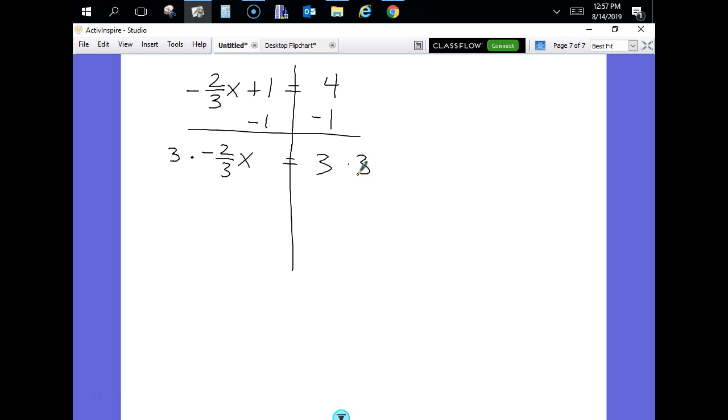What happens on this side? Close. It leaves you with negative 2x, right? Don't forget about your negative. And now what? So what is this negative 2 doing to the x? It's multiplying it. So how do we get rid of that? We do the opposite. Now it's tempting to plus the 2, huh? Because that looks like a minus, but it's not. It's a negative. It's actually negative 2 times x. So the opposite would be dividing by negative